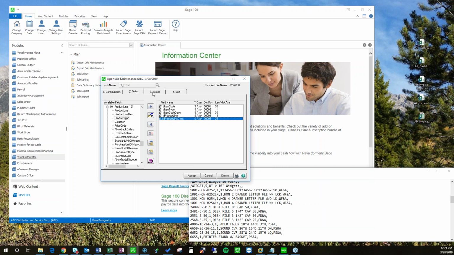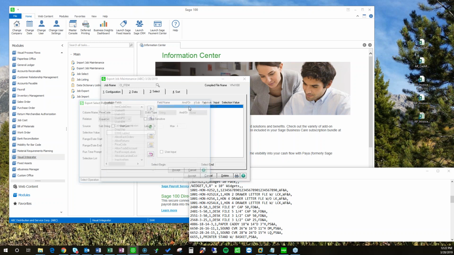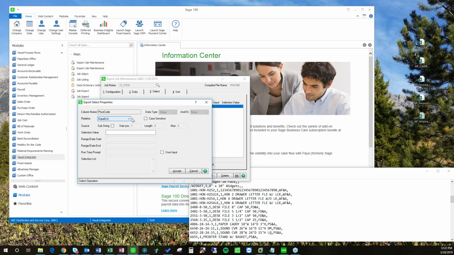The one thing I also want to show you is this next tab, number 3, select, where you can actually do a little bit of filter on what you're going to export. So let's say in this case, pick a random field, let's say price code. Let's just say we only want to do a price code of a certain value. So we can actually bring that over here, just like with the data tab with the arrow. I'll double click on that and we'll say